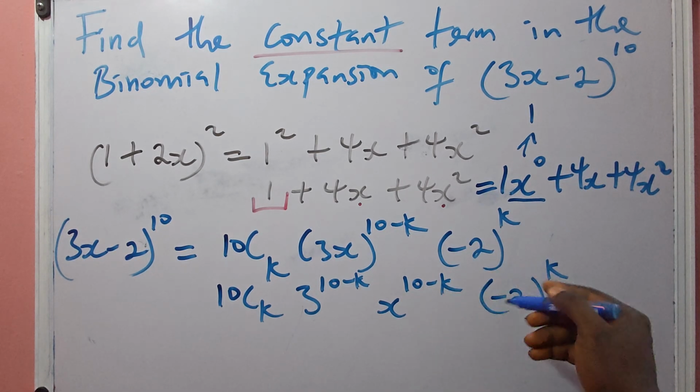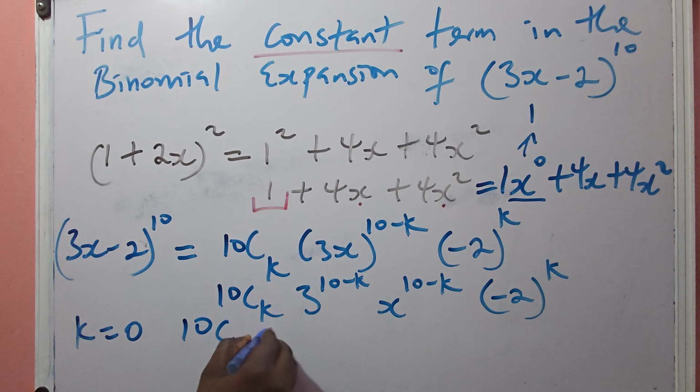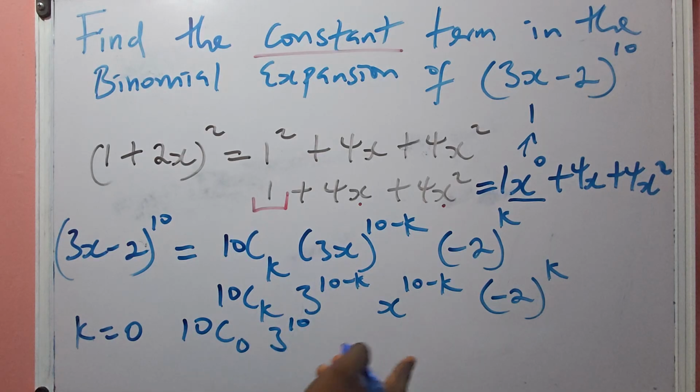Because if your k is 10, then you'll be having x raised to the power 10 minus 10, and when you have x raised to the power 10 minus 10, that will be x raised to the power 0. So obviously this means that for me to have my constant term, my k has to be equal to 10. So what I have to do next is to solve for when k is equal to 10. So I'll be having 10 combination 10, 3 raised to the power 10 minus 10,